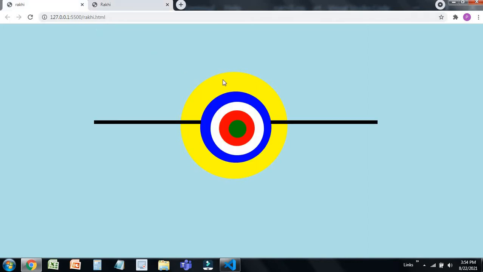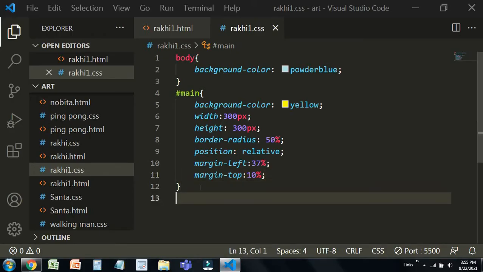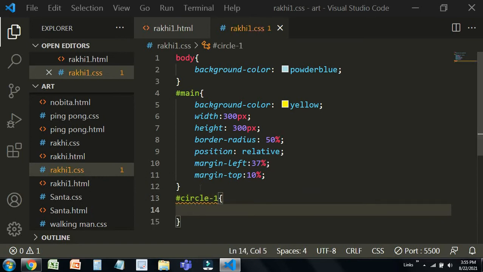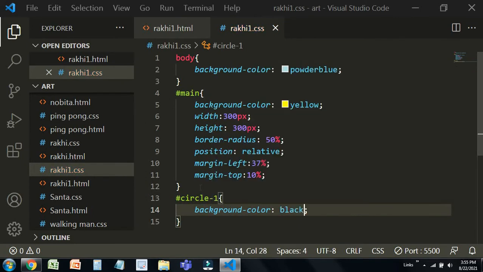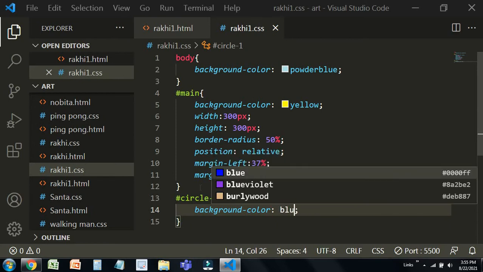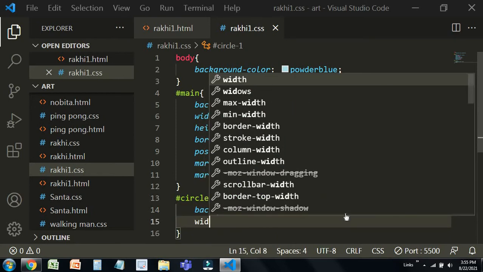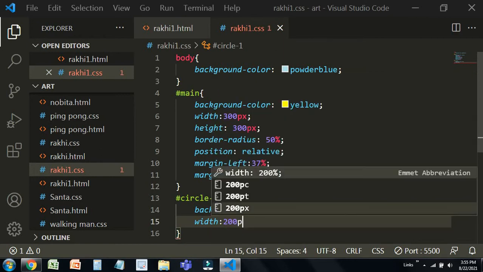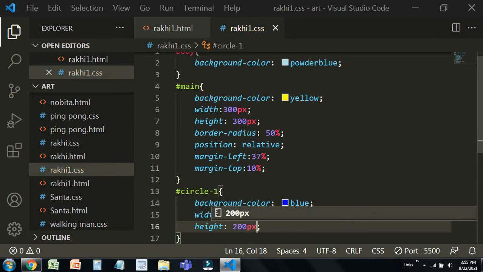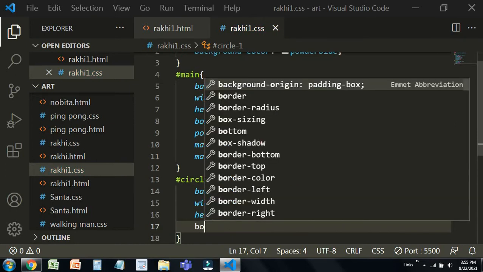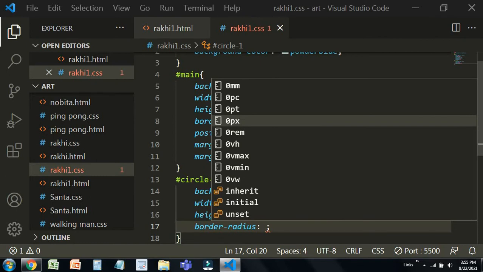Now we need this blue circle inside of this yellow circle, so let's go for that. Circle 1 needs to be background color blue, and the width needs to be 200 px, height 200 px, and border radius 50%.